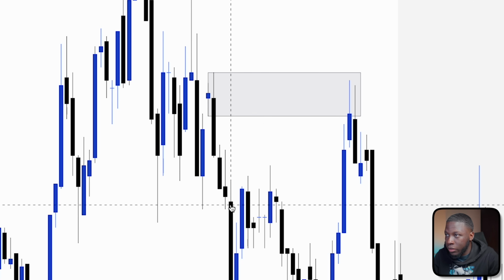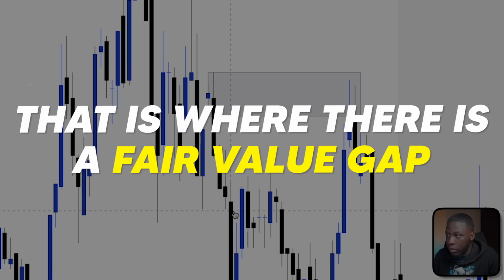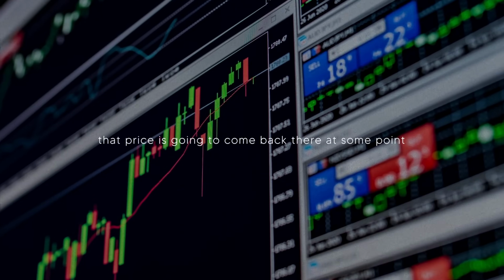Same thing here. The wicks also have to always overlap, right? Where there is no overlap, that is where there is a fair value gap. And this is just an indication for us that price is going to come back there at some point. If it comes back there and also overlaps with the supply and demand zones that we have drawn, then this